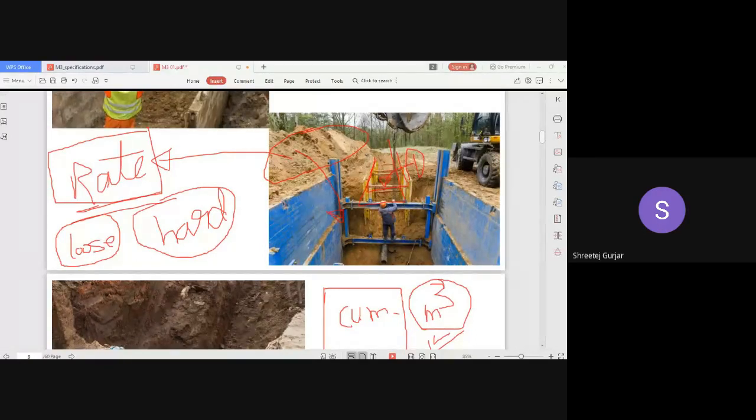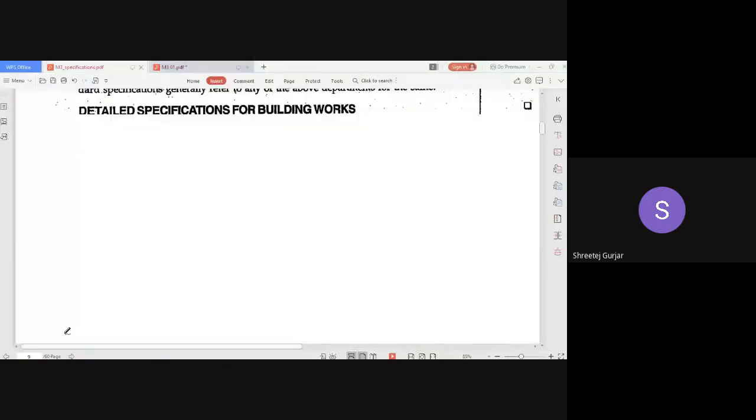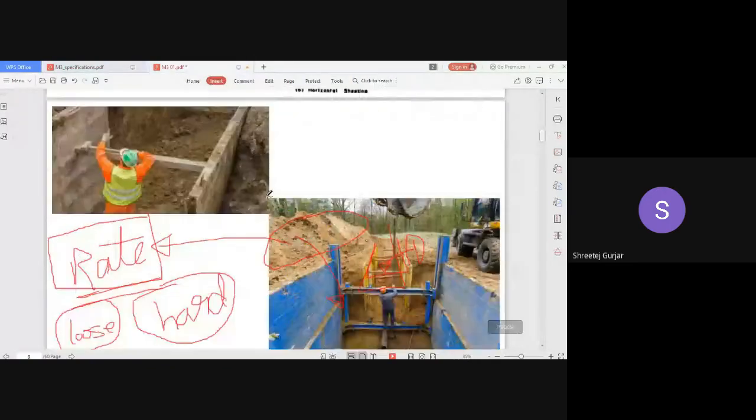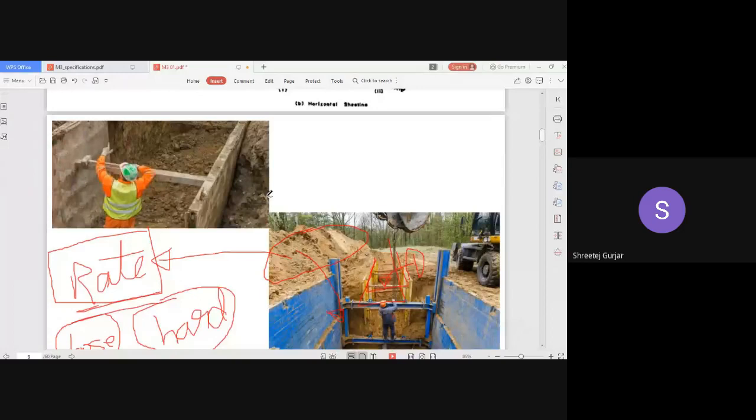It requires machinery for excavation. Manual labor is unable to excavate a very hard soil or bedrock, so you need special equipment to excavate. So it will be costlier. But you'll get a good foundation in hard soil, right? If you have soft soil, you have to again go deep to find a bedrock. So some advantages and disadvantages will always be there. Okay, so this is regarding excavation.